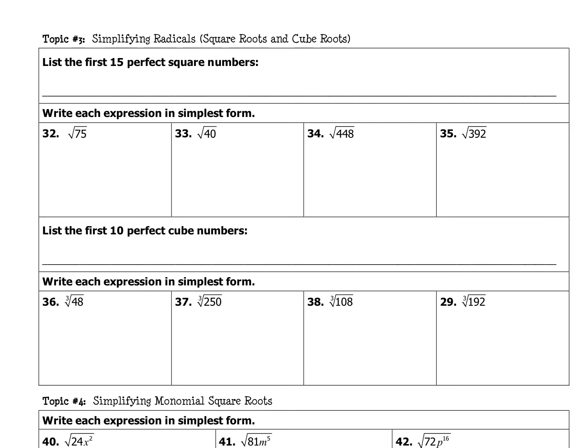Topic 3, simplifying radicals, square roots, and cube roots. List the first 15 perfect squares. So this is the first 15 numbers squared. 1 squared is 1, 2 squared is 4, 3 squared is 9, 4 squared is 16, 5 squared is 25, 6 squared is 36, 7 squared is 49, 8 squared is 64, 9 squared is 81, 10 squared is 100, 11 squared is 121, 12 squared is 144, 13 squared is 196,